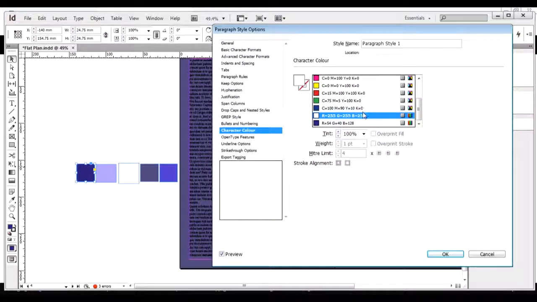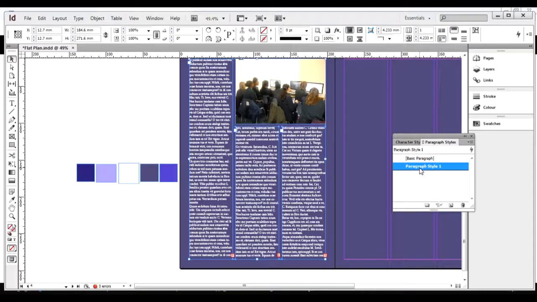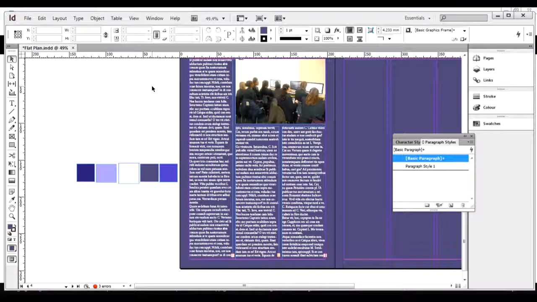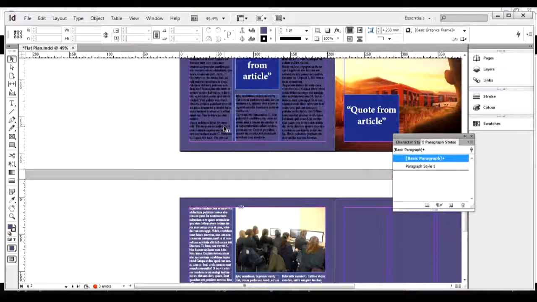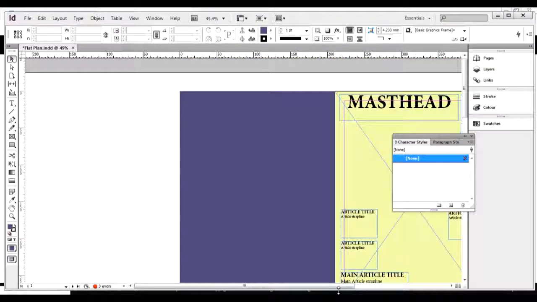So for the purposes of this, I just want it to be white. So I'm just going to set that to white, and then make sure that these are in my first paragraph style. And as you can see, those have now changed. That can also work for any headings that I might want. So let's just go up to my masthead,